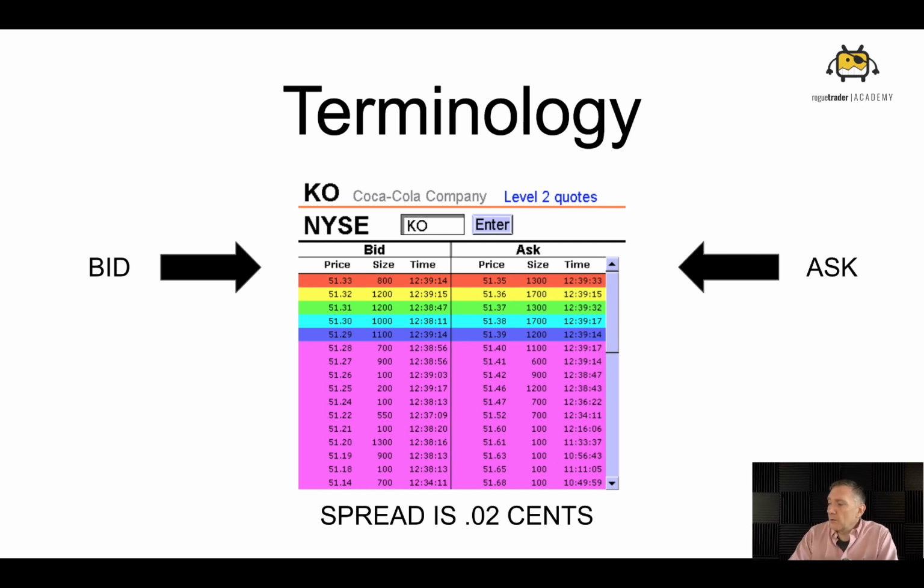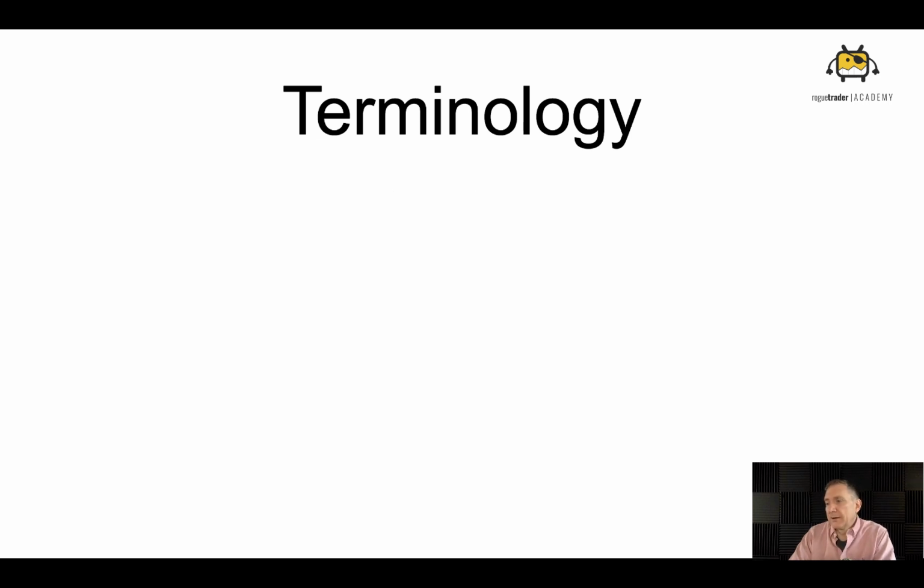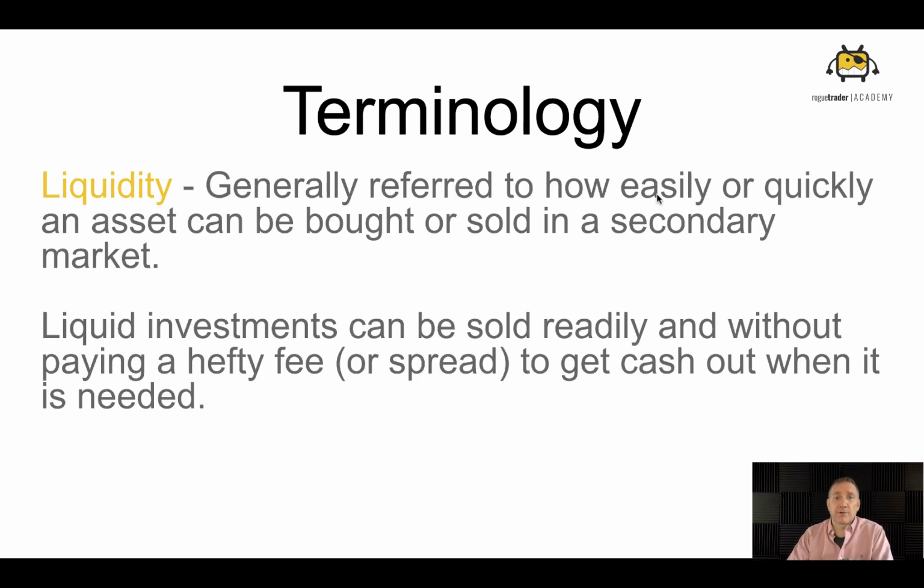So it's very, very important. We're usually trading things that are very robust, very widely traded, with a lot of volume activity, and very liquid, which is actually my next term, liquidity. Now, liquidity generally refers to how easily or how quickly you can get in or out of a market.